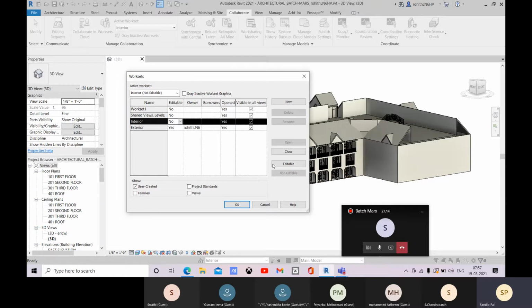Here you can select, and again you can go for this editable, so that it is Yes right now, and here you can have delete or rename again. About this owner, I am the owner right now. This account is the owner right now. And here you can see there is no borrower right now, and this is opened and visible in all views.